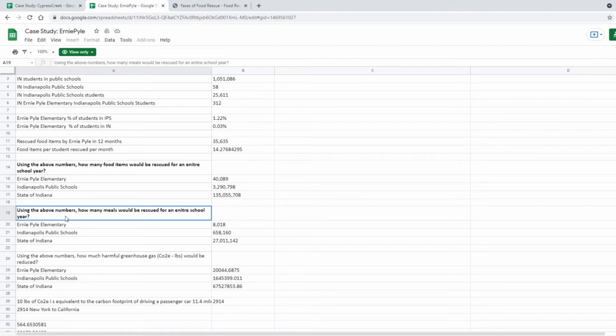So then we ask the question, using the above numbers, how many meals would be rescued for an entire school year? And then we get examples of that, again, based on the numbers from the K-12 Food Rescue StoryGraphic log tool. And then we have some other questions, such as using the above numbers, how much harmful greenhouse gases, which would be carbon dioxide equivalents, would be reduced. And then we do some math there. And then we're also working on, basically how do you equate those things to perhaps, if you kept a car off the road for a certain amount of miles,